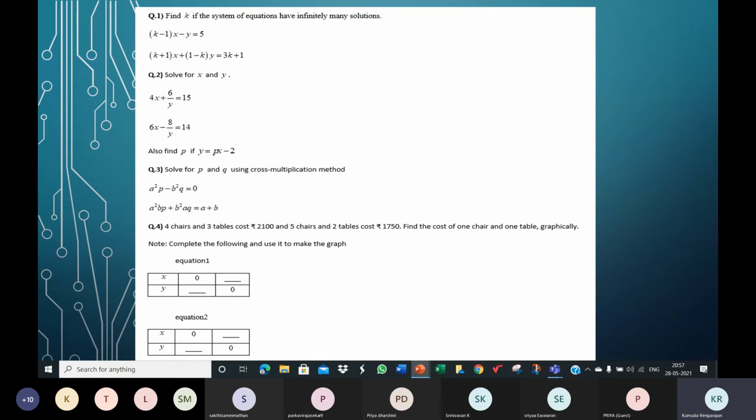So children, this is the reason why we have to solve the two equations algebraically. Please listen to this carefully. When you have to find the answer graphically, it's better we solve the equations algebraically and get the solution set. So in this case, x is 150 and y is 500. That means the two lines will meet at the point 150, 500.